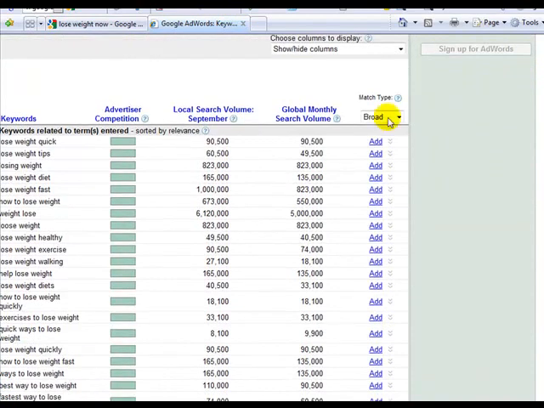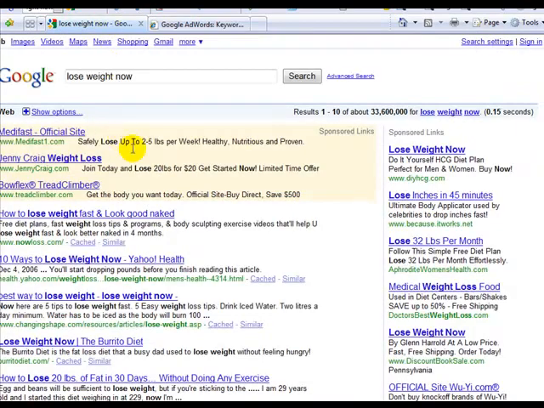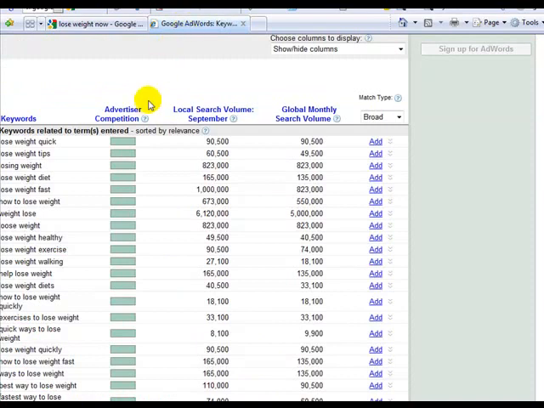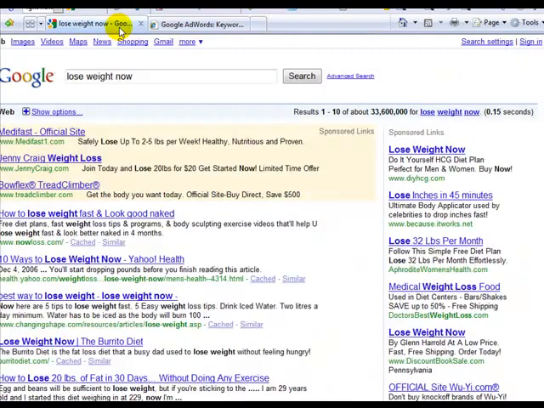Here we can see "lose weight quick" was searched for 90,000 times last month. That is incredible. Can you imagine having your ad appear 90,000 times? But that's not the only thing. We could also bid on "lose weight tips," "losing weight," "lose weight diet," "lose weight fast," and it goes on, and you could have a seemingly unlimited amount of traffic. So you can imagine that this would cost a ton of money.